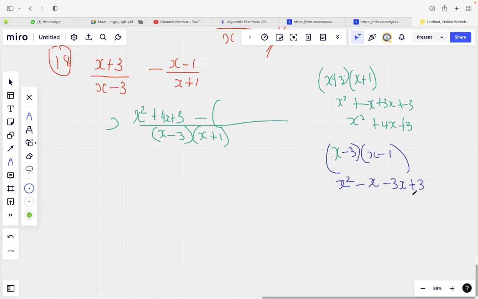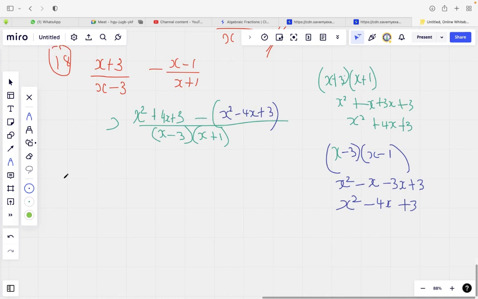In total, we have x squared, negative x and negative 3x will be negative 4x. It's like you're owing someone $1, you're owing another person $3, it becomes $4. So it becomes negative 4x plus 3. That's what we get here, so we put it here. We say x squared minus 4x plus 3. Remember, it will be affected by this negative outside. Now, what we need to do is to use this minus to multiply each term inside